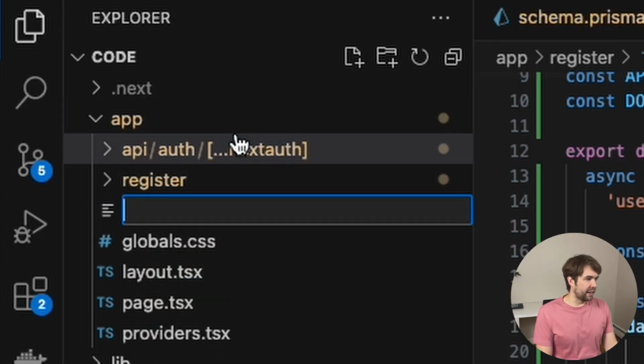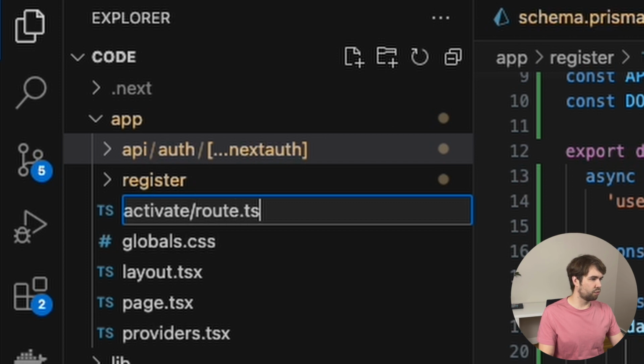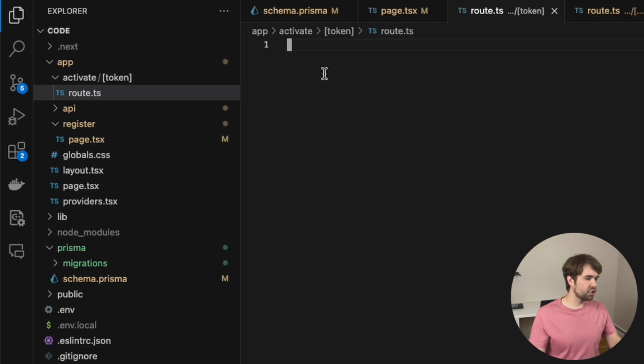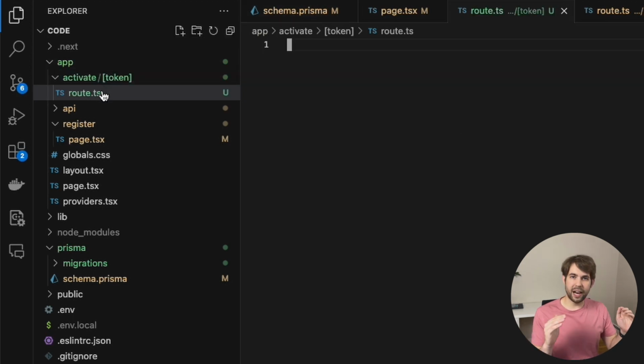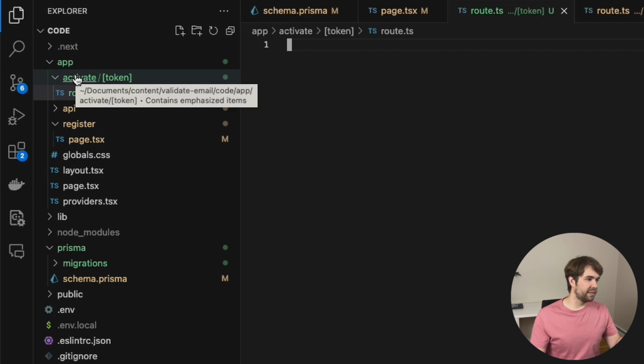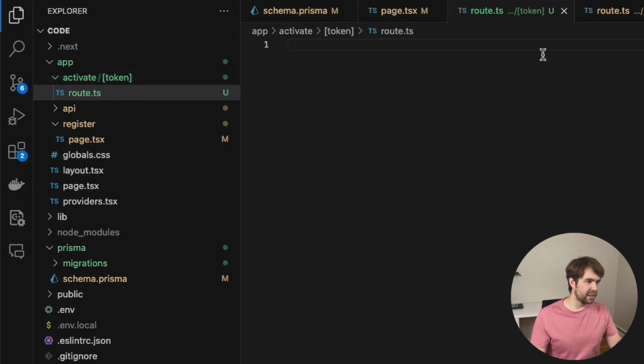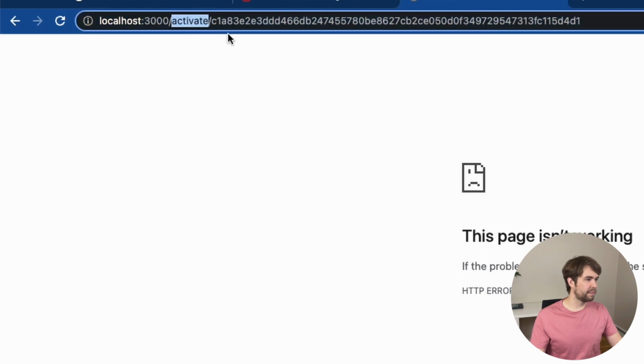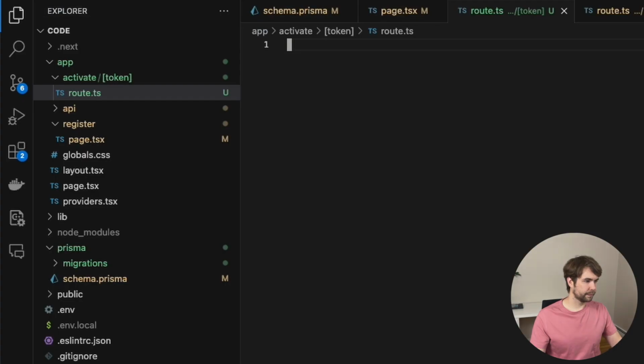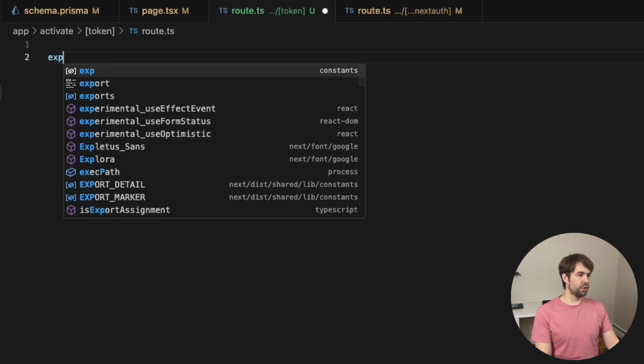So we're gonna create a new file. We're gonna call it activate, and it's going to be a route, but there's going to be a token parameter and route.ts. All right. So this is an API route, and it's activate, and there's a token, and so that matches the URL that we have here, activate token. So this is an API route, so we're going to export